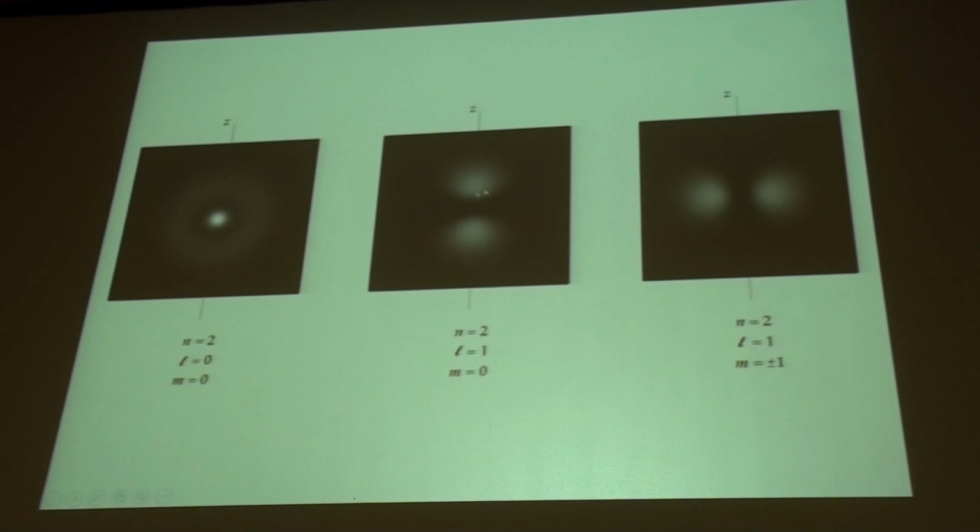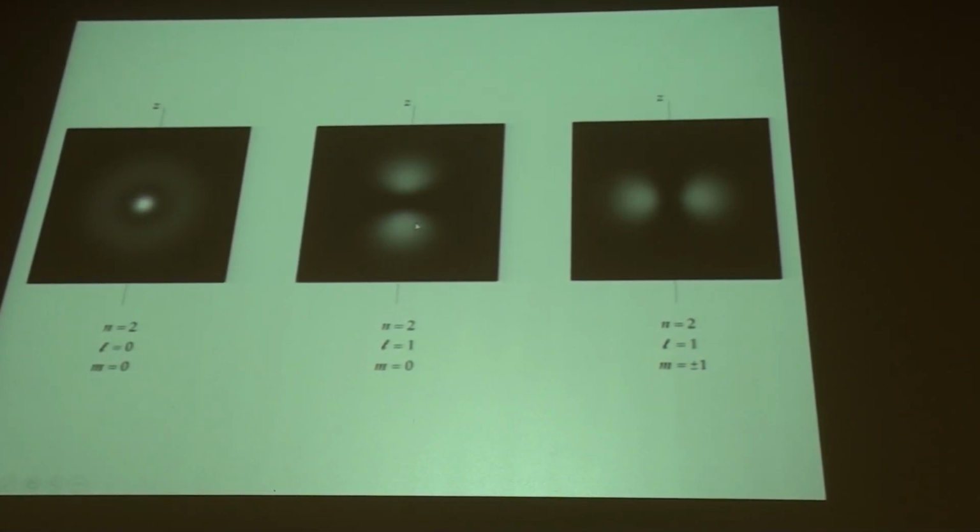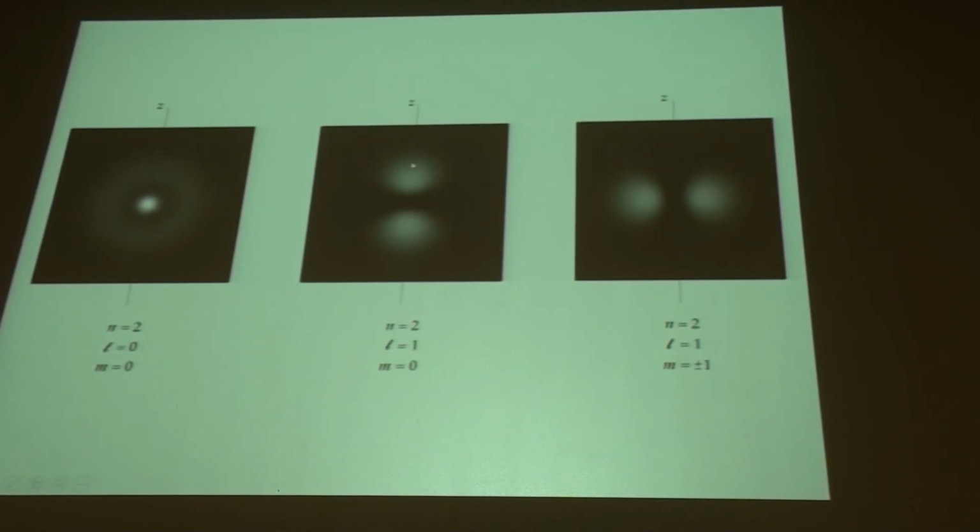So this corresponds to a figure 8 of revolution, where the electron spends half its time up in this lobe, half its time down in that lobe, but no time at the point that joins the two. Okay, and so as a particle, that wouldn't make any sense. How could it spend half its time here, half its time there, and never any time at the point that joins the two? We can't answer that if it's a particle, but if it's a wave, it can cancel out. So this is like a three-dimensional wave pattern that we're looking at here, but it's a probability wave, and so this is all very weird.